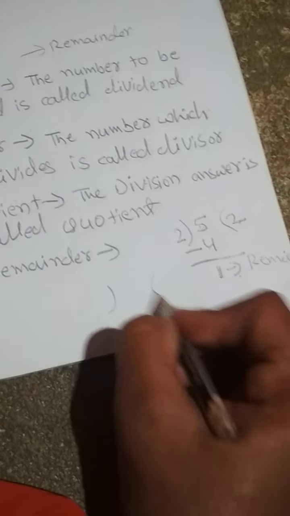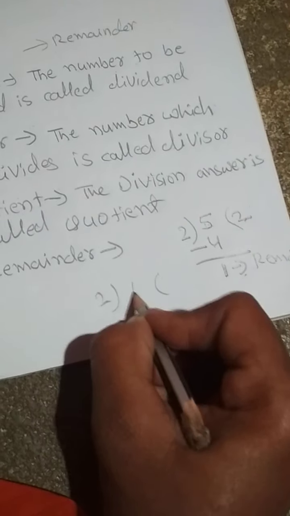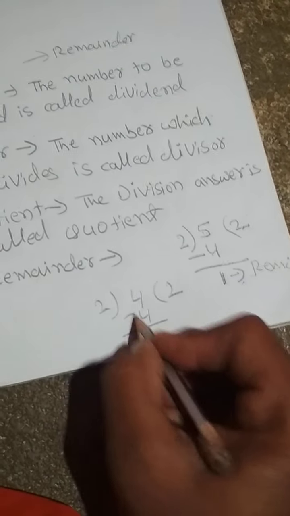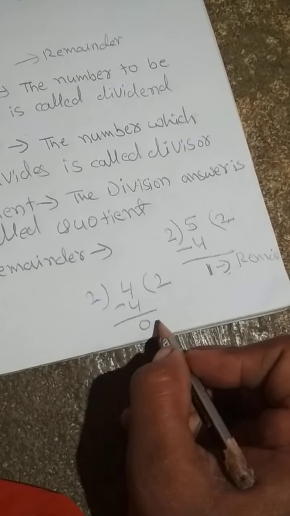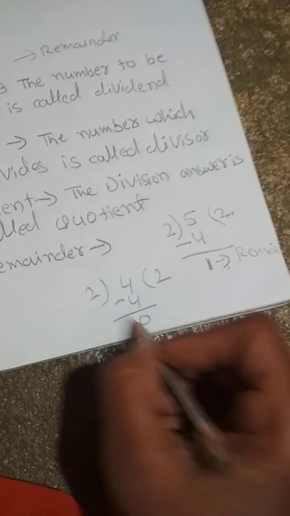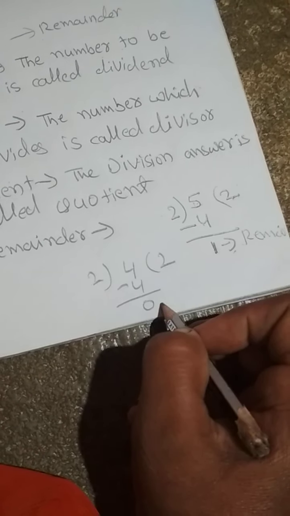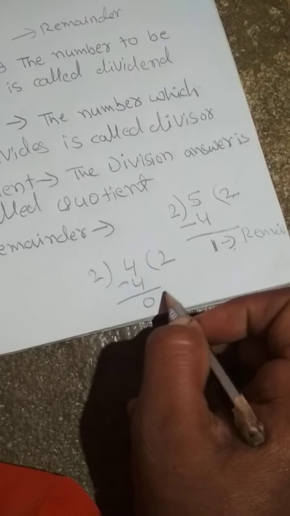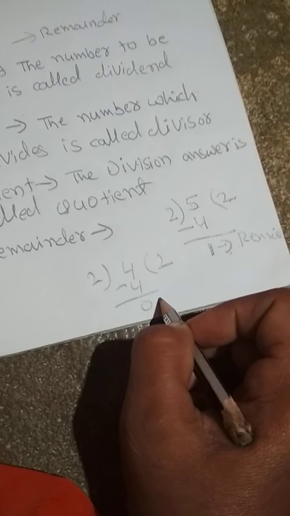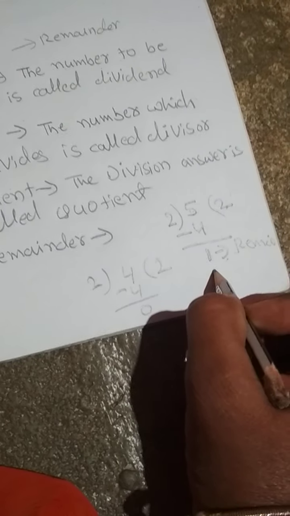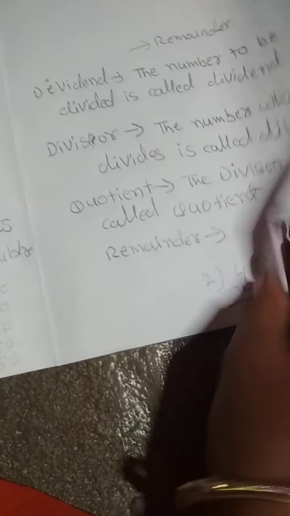And here, students, 2 times 2 is 4, minus. Is a remainder coming here? No, students. Here it is not coming. This one is equal sharing. You share 2 and 2 here, 2 and 2 is there. With equal sharing, no remainder comes. When we are not able to share equally, there the remainder comes. Okay students.